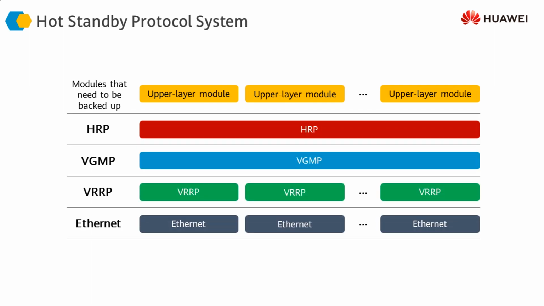If you look at the Huawei hot standby feature, the different protocols that we use in implementing hot standby with Huawei firewalls include the VRRP protocol, which stands for Virtual Router Redundancy Protocol. We also have VRRP Group Management Protocol, and then we have the HRP or Huawei Redundancy Protocol. These three protocols work together to provide the overall hot standby implementation in a Huawei firewall network.